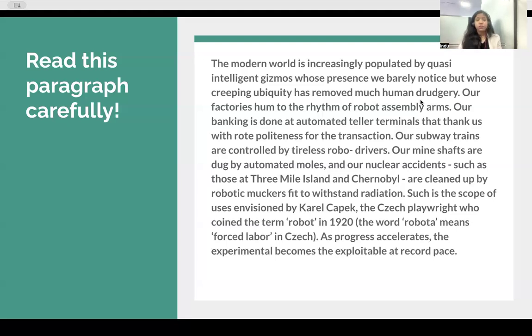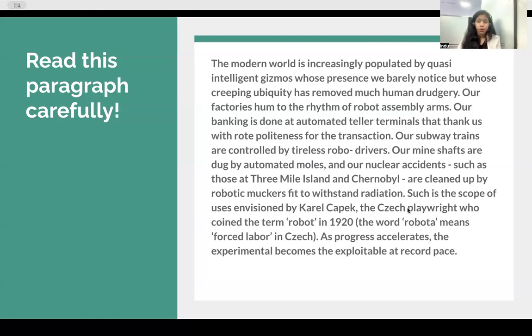Great. So far, we are talking about how good robots and artificial intelligence are for us, with other things that we found very difficult and unhealthy before. So what we can gather here is quasi-intelligent gizmos. That would mean that we are talking about intelligent robots, right? Robots with AI. So most likely they don't talk about AI, but they are intelligent, right? So